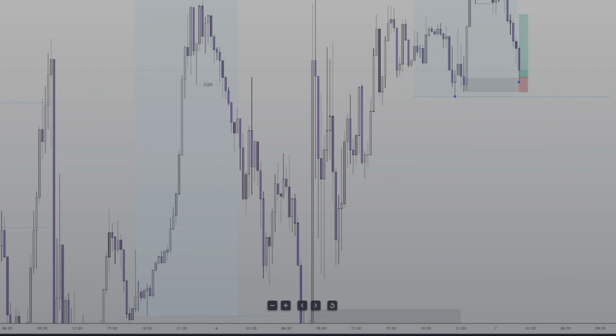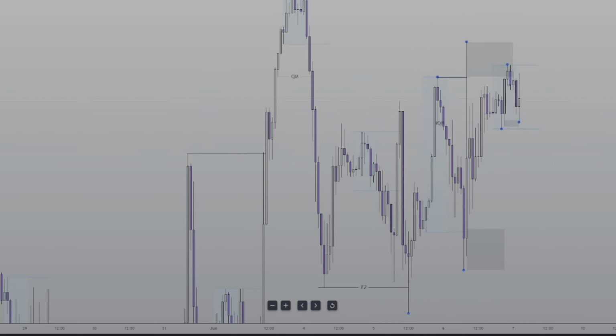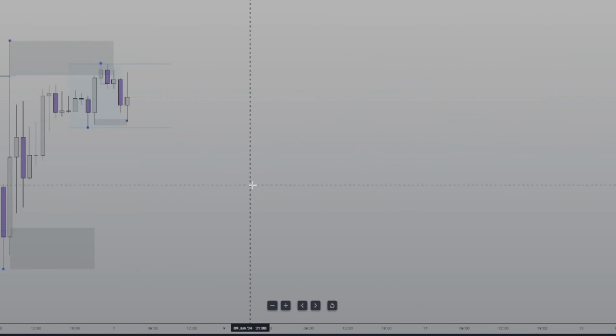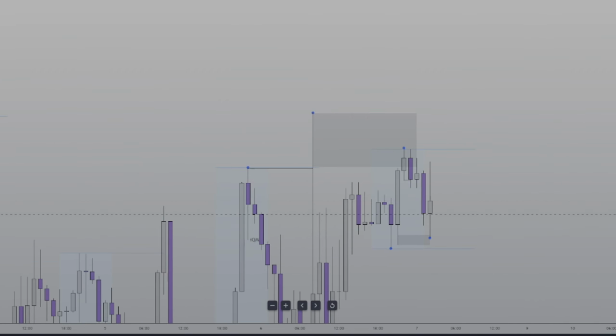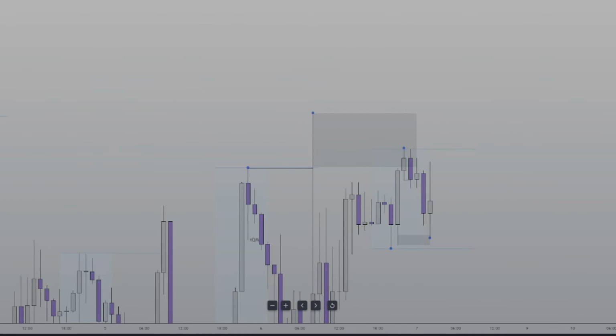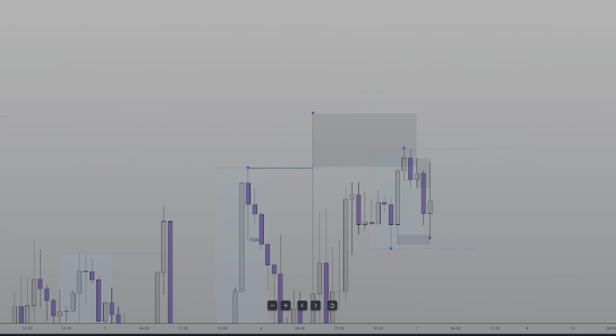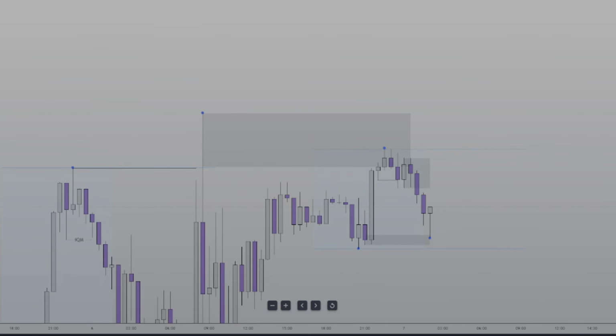So if I go back to 1 hour eventually, okay, what I'm going to see is that I have, for 4 hour, even better. In 1 hour, my first POI is going to be this wick plus this hidden base. Okay, I'm going back to the 30 minutes